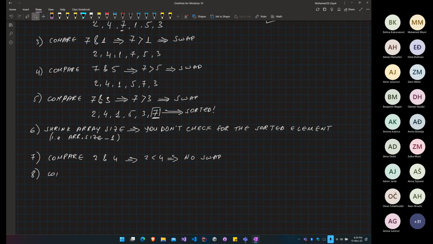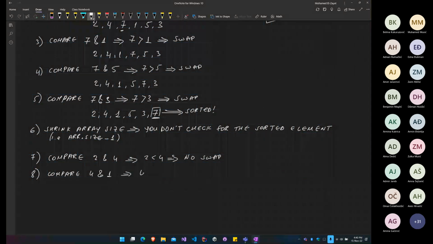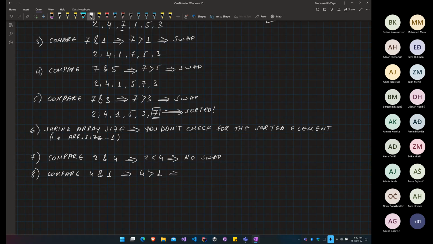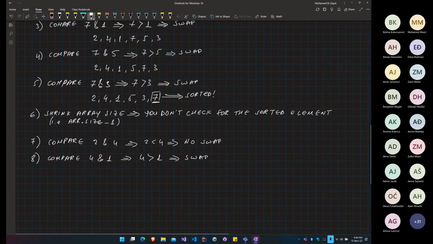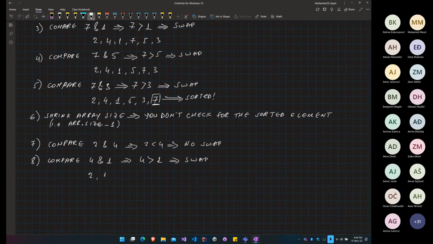So you compare 4 and 1. 4 is larger than 1, we swap, right? And then at the end of the day, you will end up with an array which is going to be 1, 2, 1, 4, 5, 3, and 7. Now, honestly, I can go on and on, but I think you can see already how